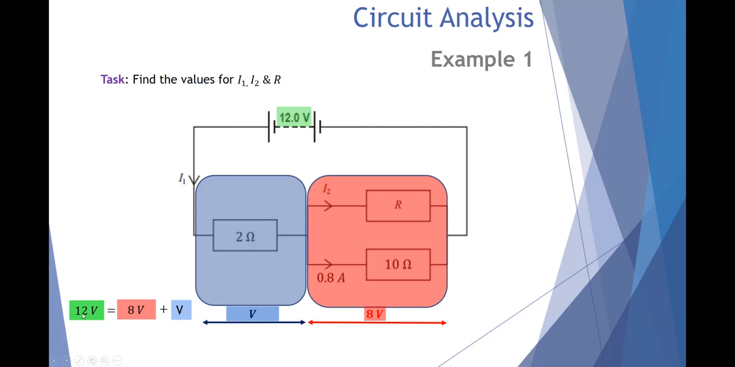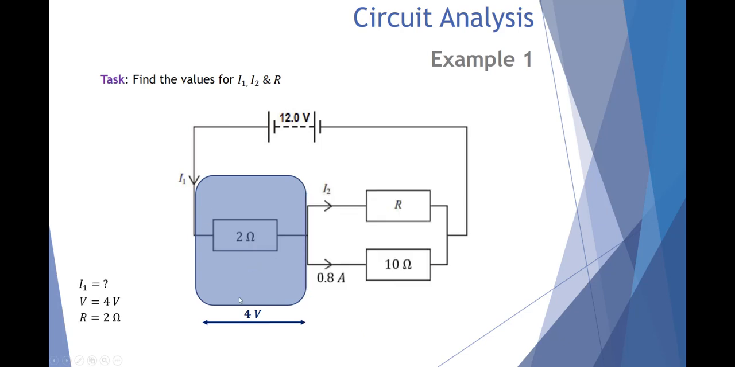Well, quite logically, 12 is equal to 8 plus 4. So this 2 ohm resistor gets 4 volts, and this is consistent with the rules we're looking at for series circuits. Whilst this is a parallel branch, the entire circuit operates in a series mode. So there's 8 volts across the parallel component of the 12, leaves us with 4 volts across the 2 ohm